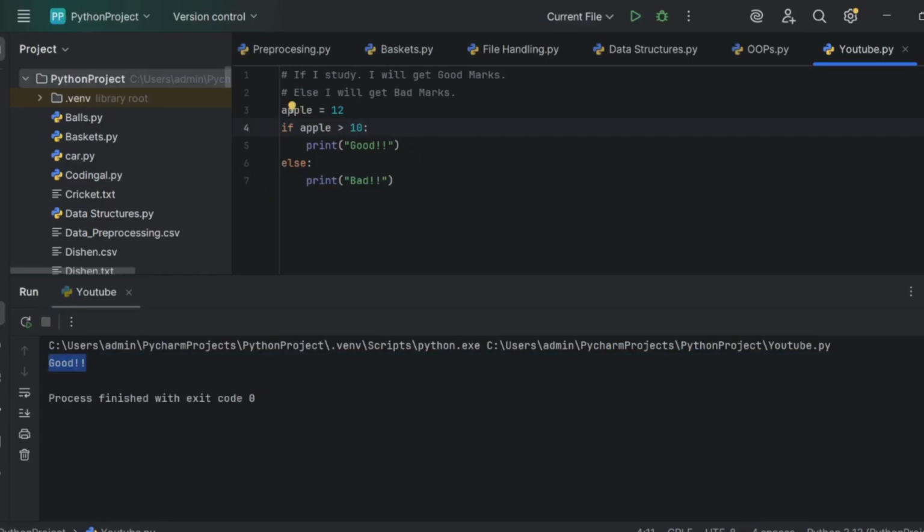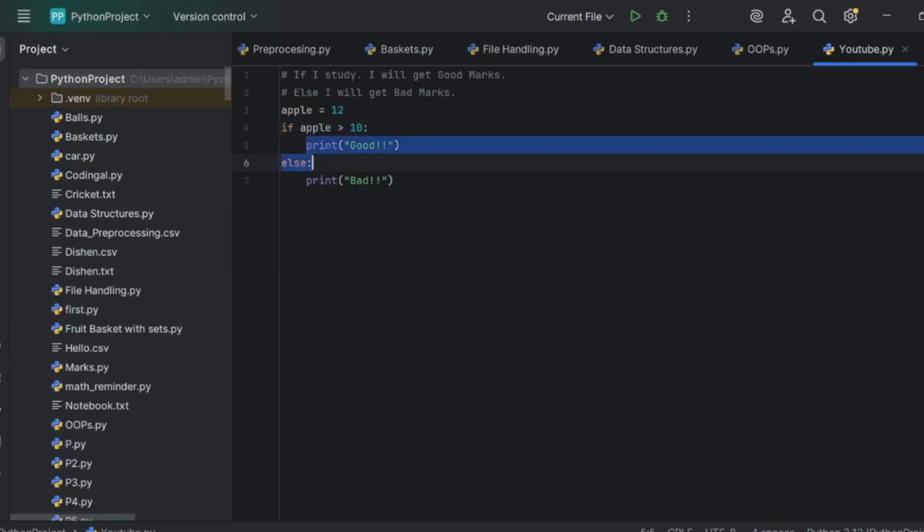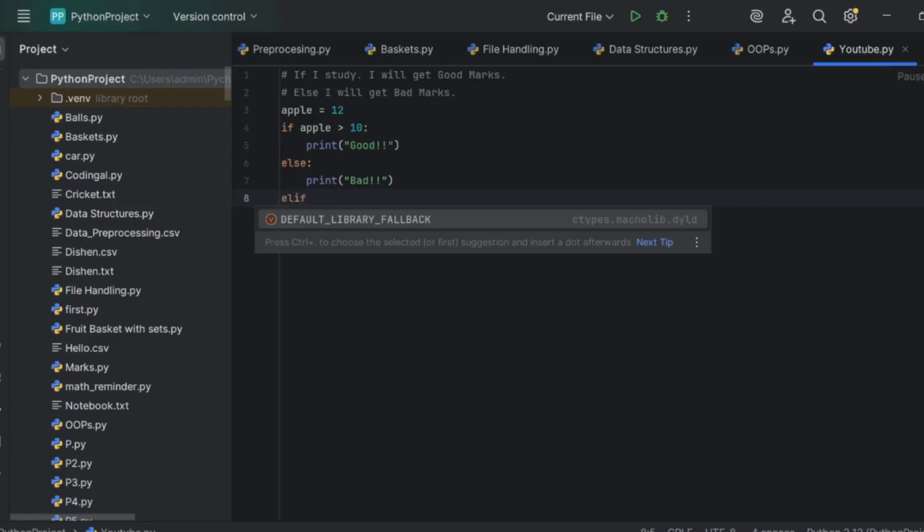Because value 12 is greater than 10, the print good is getting executed. So this is else and if. Next, we'll be talking about something which is a combination of else and if, which is called elif. Elif is the short form for